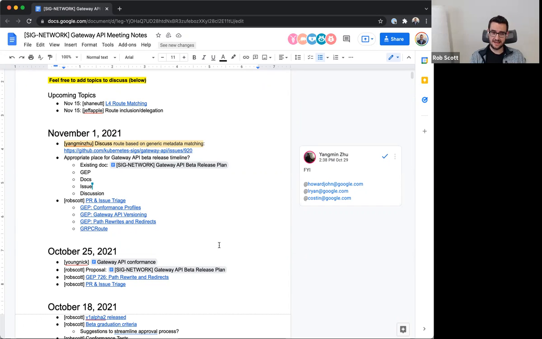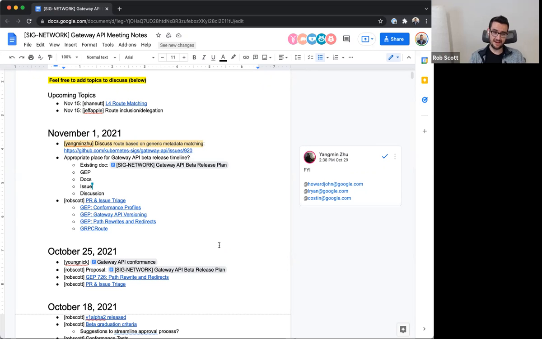What I'm concerned about is that if we have a GEP for everything, we may lose some form of discoverability. So far, GEPs are really truly enhancement proposals. They are referring to not necessarily often API changes, but at least API concepts. This is more of a procedural thing to me. It's not something that affects the API itself. It's not going to change the API. It's just, here's a thing we're planning on doing.